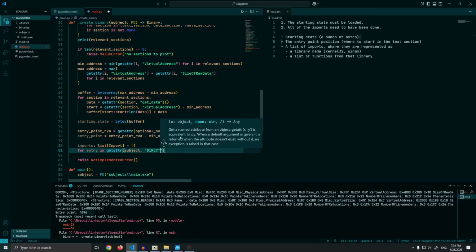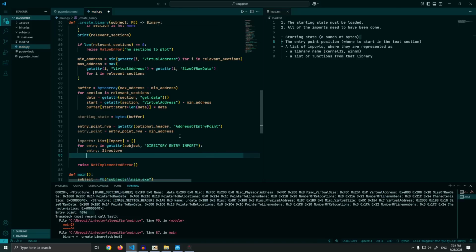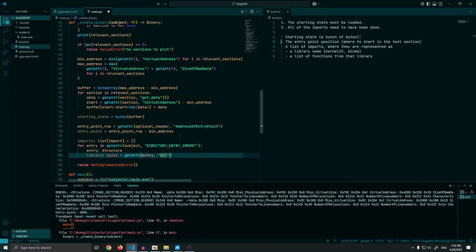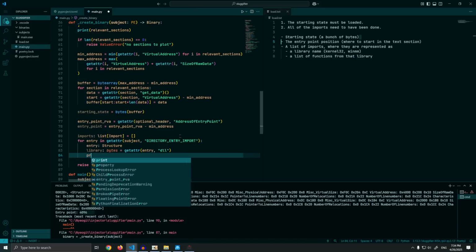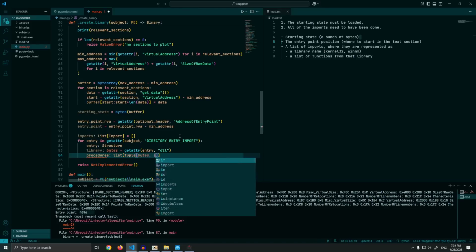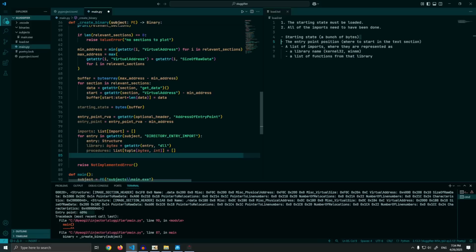Now, this is some really grotty code. So directory entry import is a list of the import data structure. The import data structure says, first of all, what is the library that we use? And that's in a field named DLL. It also contains a list of procedures and the place that their address should be written to. So if we go through these,